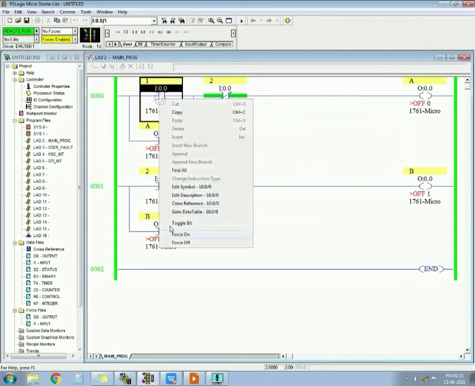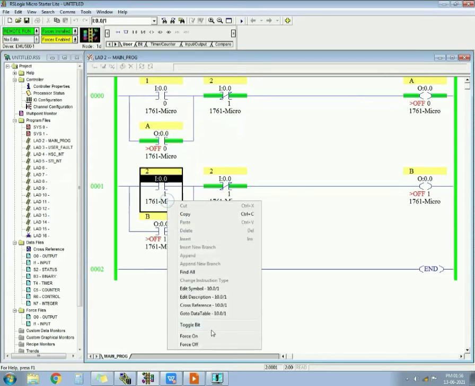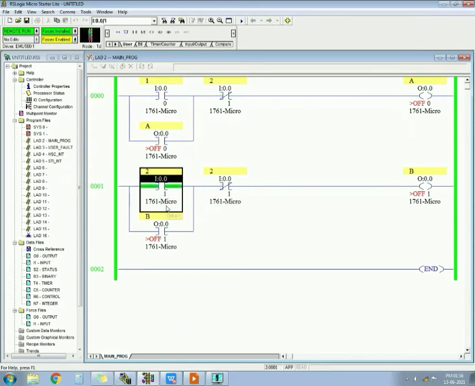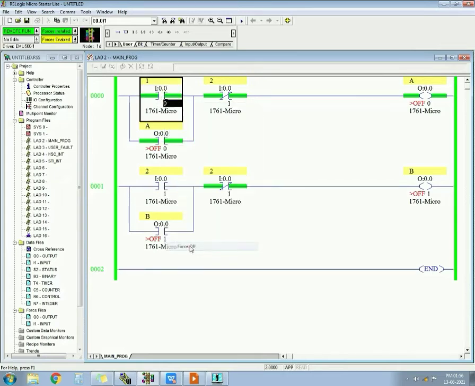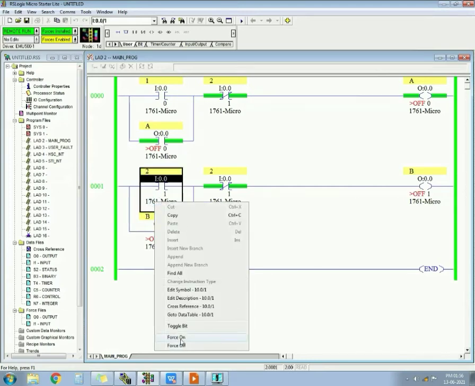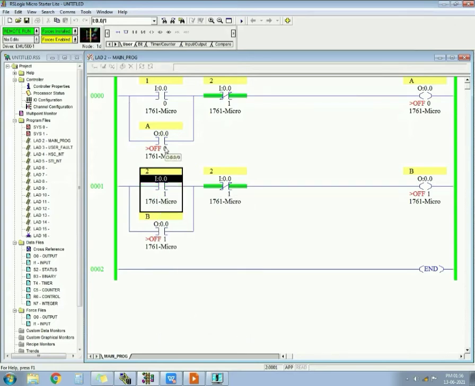When you press the first push button, output A gets on, and when you press the second push button, output B gets on and output A gets off. And again you press the first push button, see, this gets off. When you release, then A remains on and output B gets off. So this will work alternately as you keep pressing it again and again.